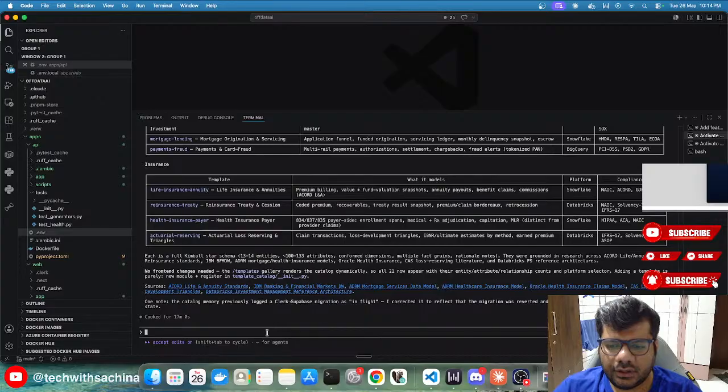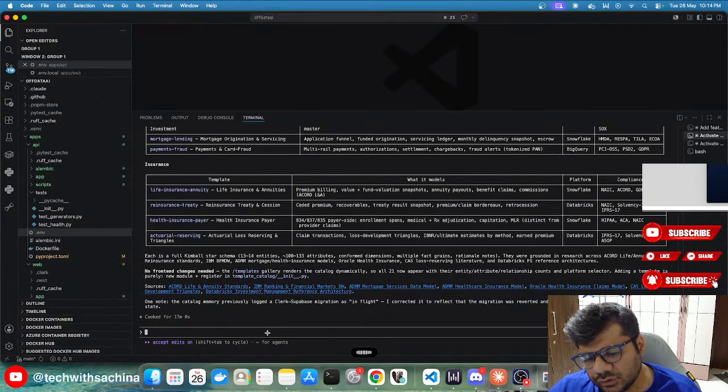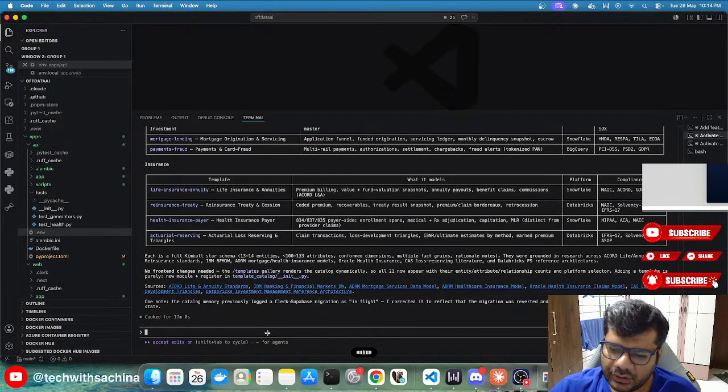So let's ask. I don't see much of the data vault templates for the models. So can you research more about data vault models as well? I need to have a proper distribution of all three kinds of modeling techniques: 3NF, Kimball, and data vault. So research a lot on data vault as well. Try to bring as many data models as possible from various industries.